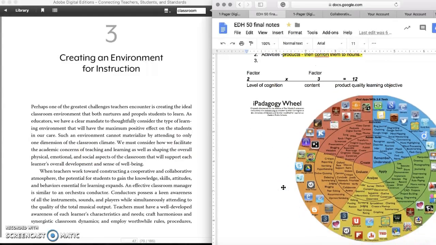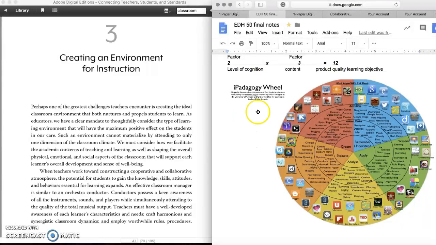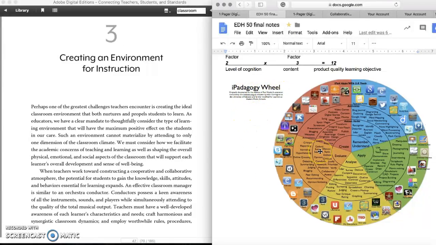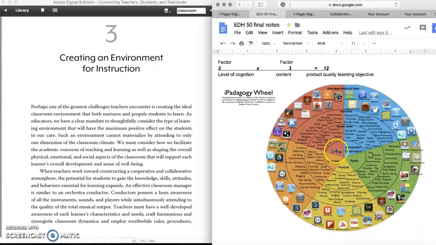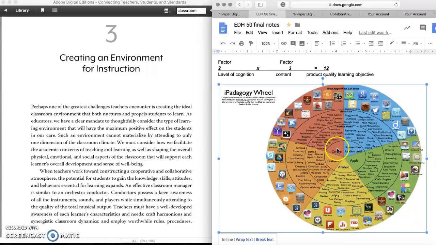Another thing that I learned from class is the pedagogy wheel, on how this relates to Bloom's taxonomy, on how we implement this to a learning objective and content standards by the action verbs that are provided in the inner circle, and then the outer circle for the activities that could be used for one of the Bloom's taxonomies, and the products that can be used on the activities that are given for each